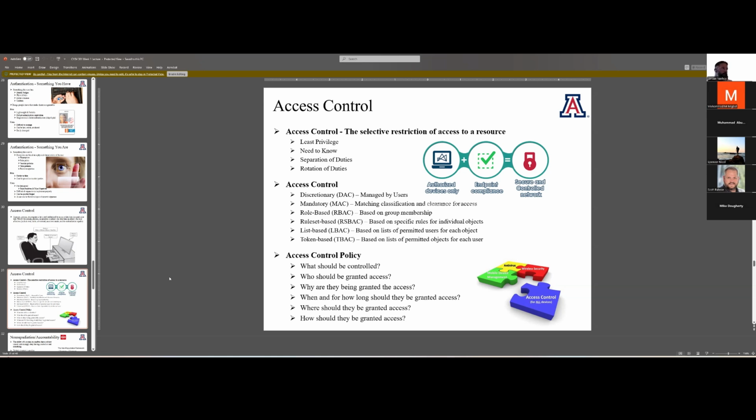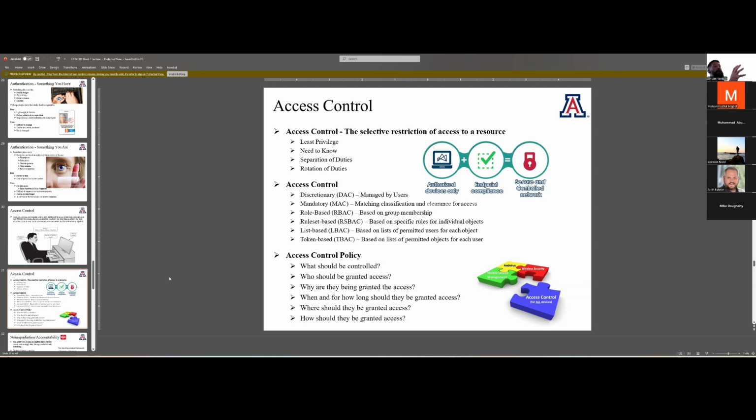and that's all that you should have access to. Now, separation of duties, think about it like this, right? The person who writes the check should not cash the check. Ideally, there's three people in that situation. There's a person who writes the check, a person who cashes the check, and a person who audits that person 1 and 2 did not collude and that everything is on the up and up. So that would be an example of separation of duties.